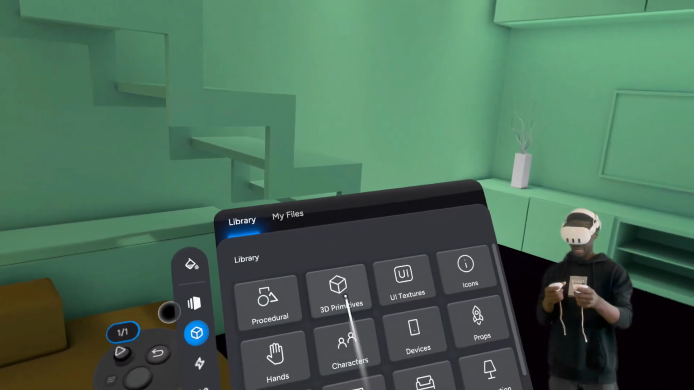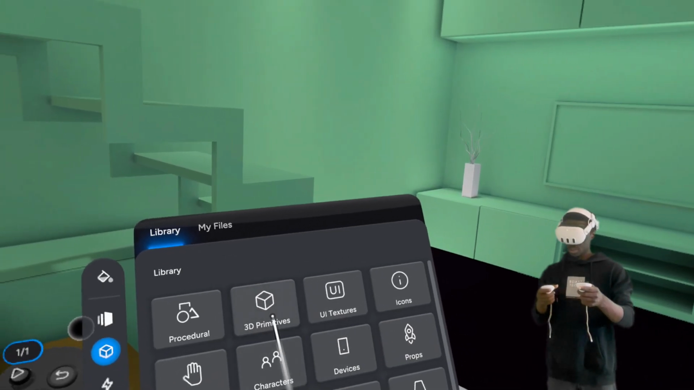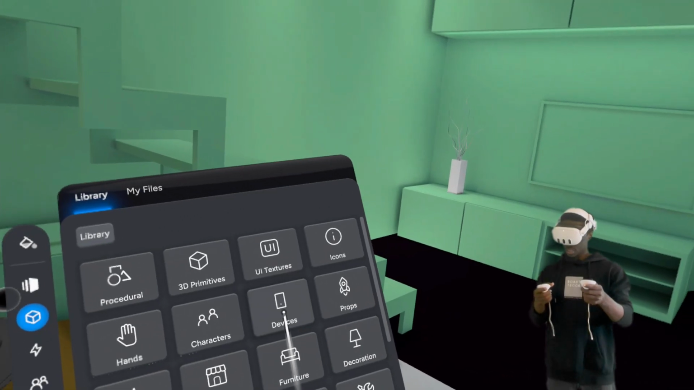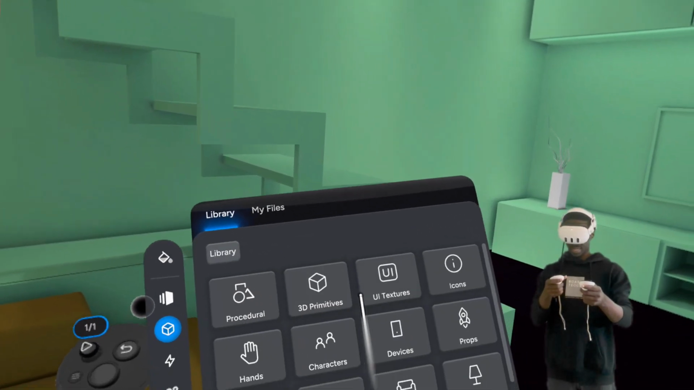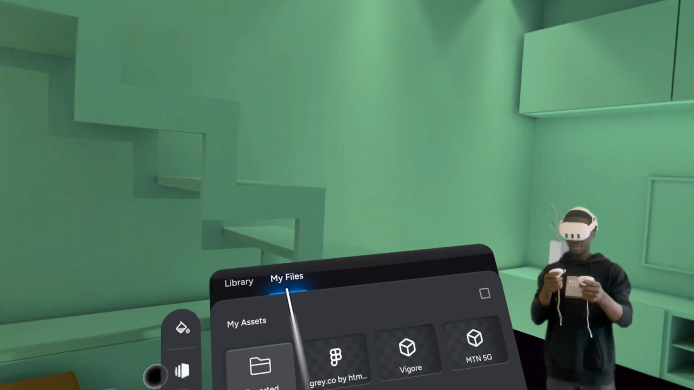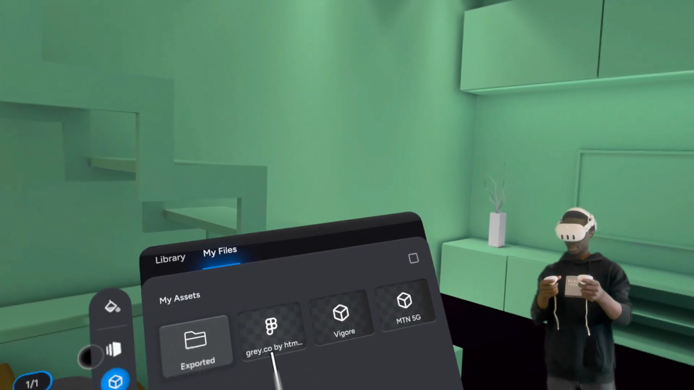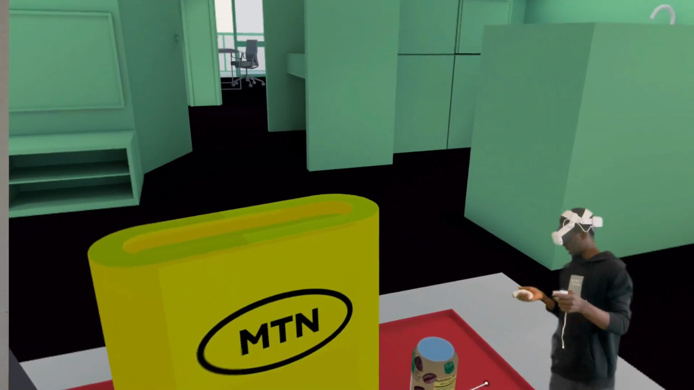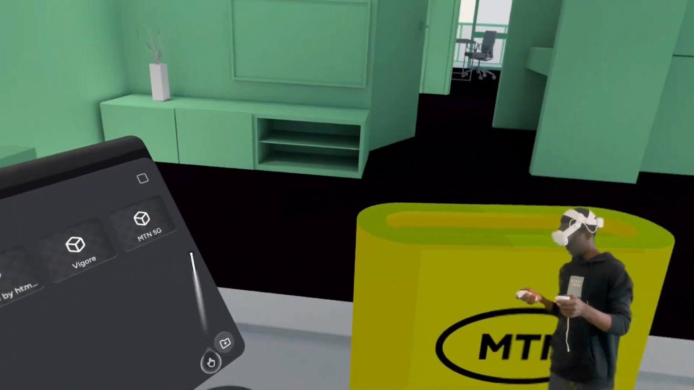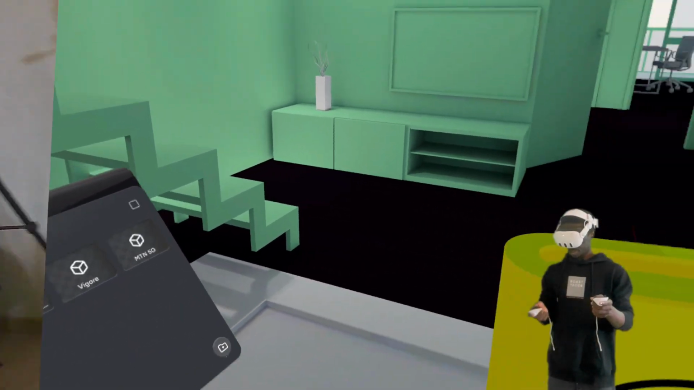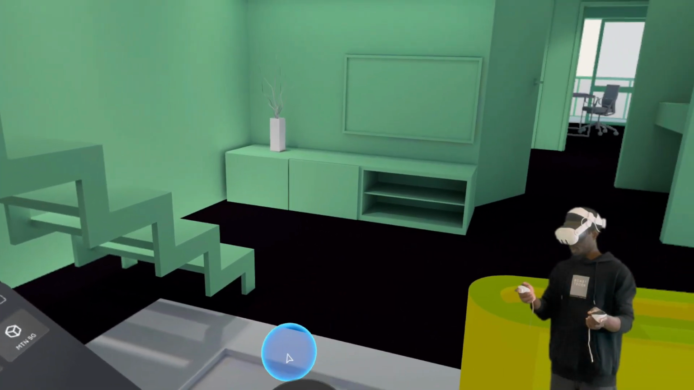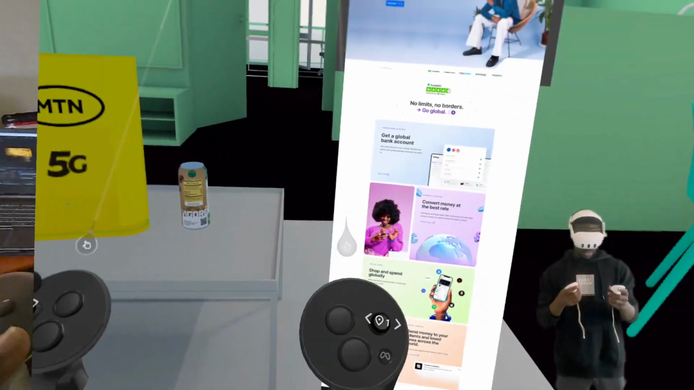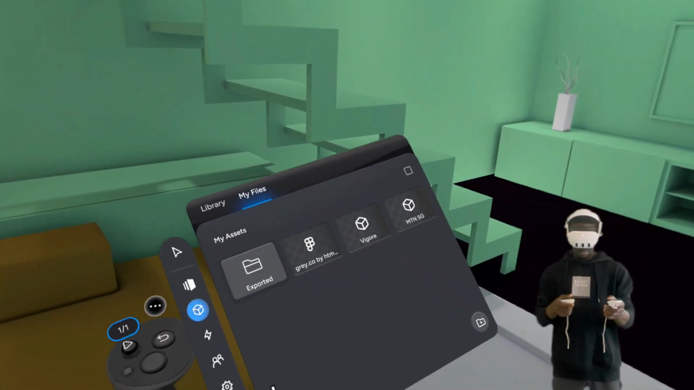So many things. You can bring in assets. So for example, if you choose 3D primitives, you can see different assets here. If you choose devices, you can bring in different assets and all. But if you go to your files, you can see gray.co, and that is this particular stuff here. This is this, and this is this, right? Let's go to select, right? So let me play this. All right. So that's one way to bring in